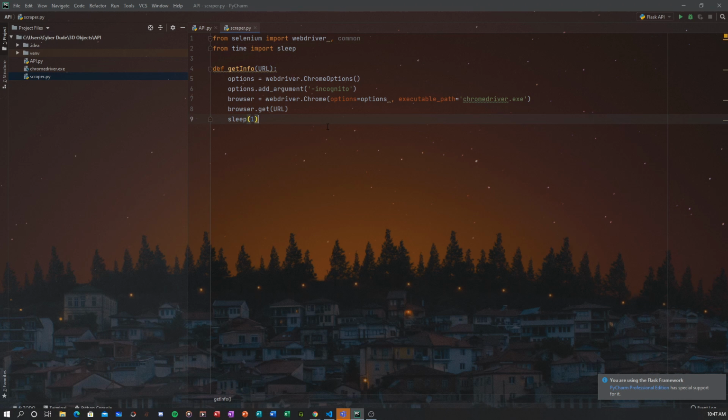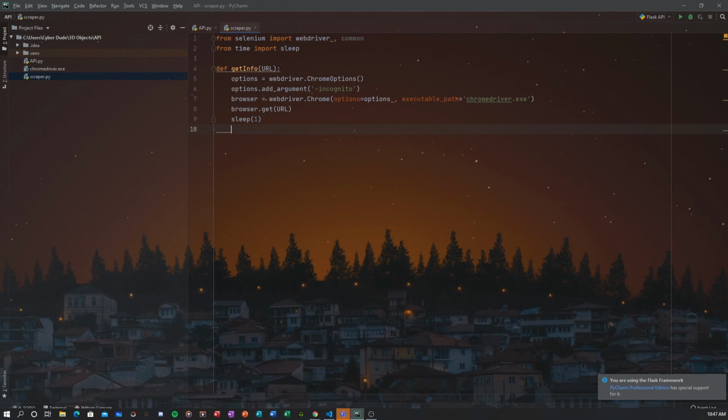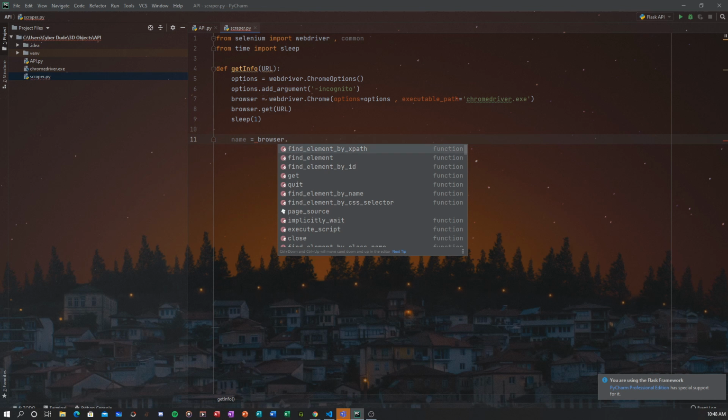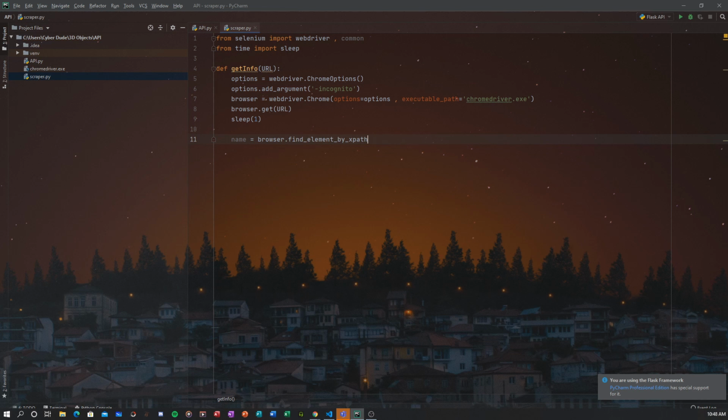So what you can do here is try. Since the name will always be there, you don't need to use this, but we're just going to call this name, and set it equal to browser dot find element. You can find it by ID, name, CSS selector, and a lot more, but I like to use XPath.